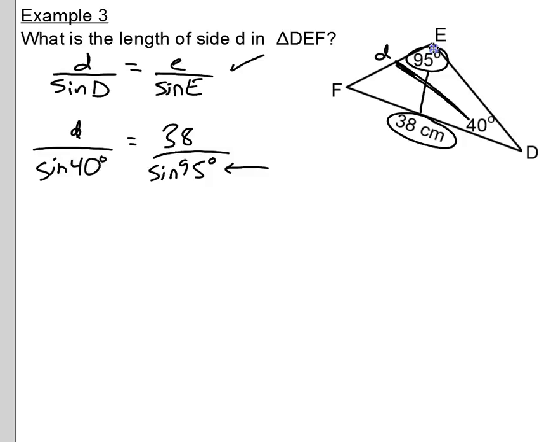However, there's another angle which would be 85 degrees, which would have the same trig ratio. So really, you can be at ease about how the math is going to play out, but there would be another triangle that we could draw that would have similar information, but an 85 degree angle instead, which would be an acute. So when I solve this, again, I'm just going to multiply both sides by sine 40,